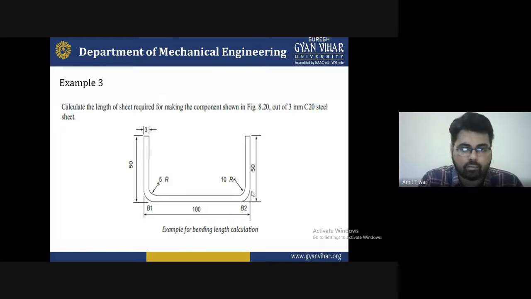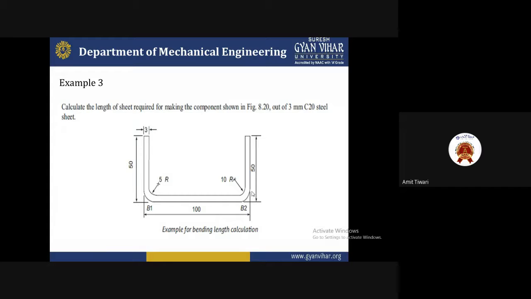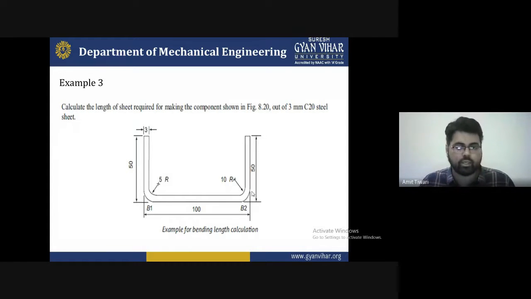So you can see in this diagram, that it has a corner radius of 10 on the right hand side and 5 for the left hand side. And you can see here this is 50 mm height and 3 mm thickness for this component, for this section, and 10 mm for the length. B1 and B2 are the two points, the initial and the final point, where the corners are to be considered here: 5 radius on the left hand side and 10 radius on the right hand side. So these are the difference between the two radii.